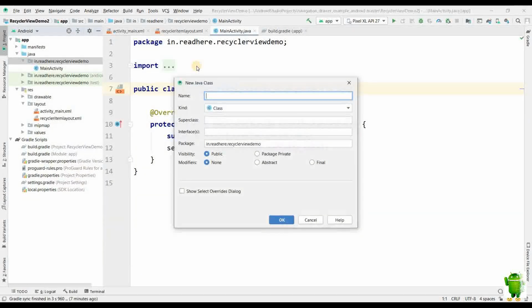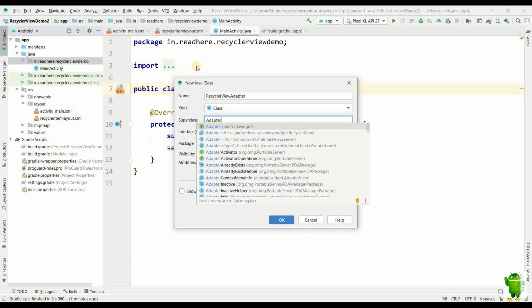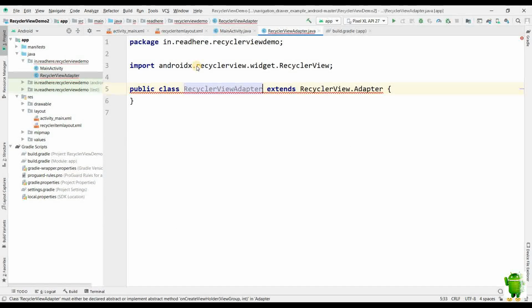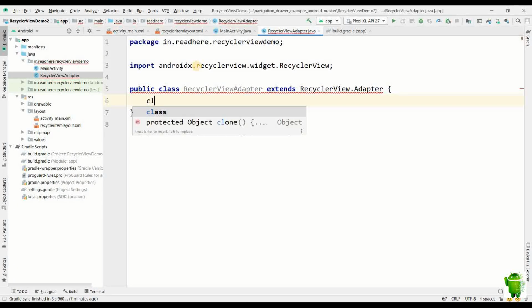To create the recycler view adapter, we will first right click on our package and then choose new Java class. We'll give it the name recycler view adapter. We will extend it with the recycler view dot adapter class and create it.